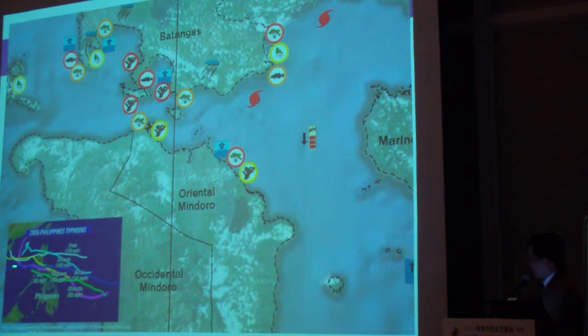If you look at the pattern of storms in the Philippines, storms are a very, very major climate issue in the Philippines, and based on the tracking that was done by the weather forecasters, most of the extreme storms do pass in this area. And this will definitely affect not only biodiversity but also livelihoods of people dependent on coastal and marine resources in the area.